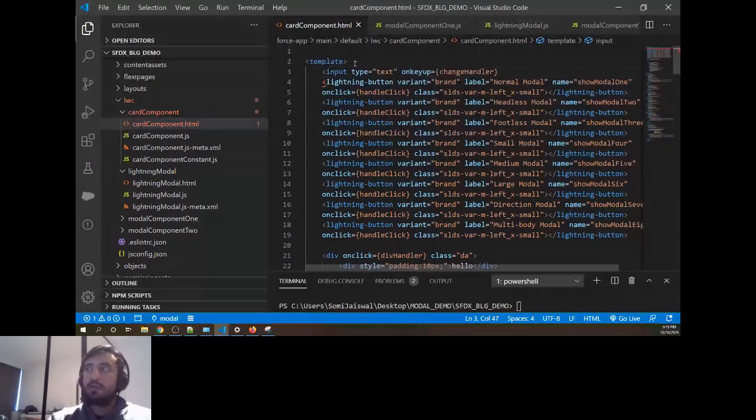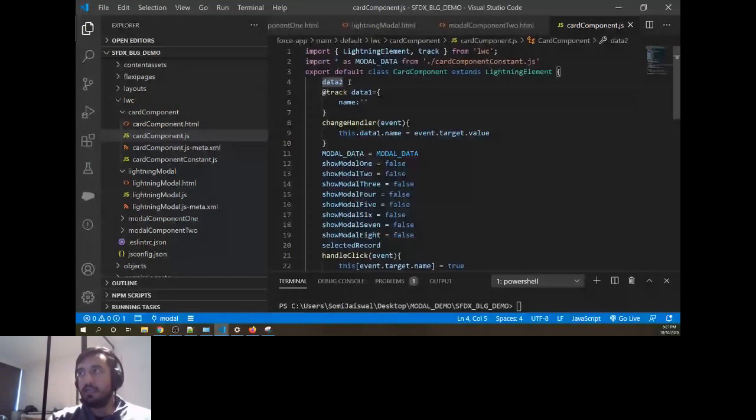But in Winter '20, they said you don't need to use the track property. I will track your property by default at one level if your data is direct. But if your data is at two levels, one is data and another data inside the data, that is data1.name, that time you need the track property.